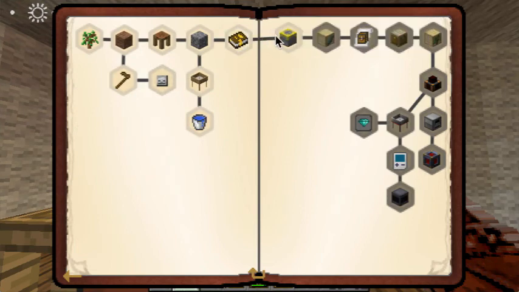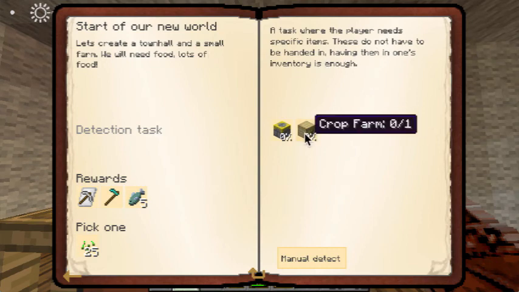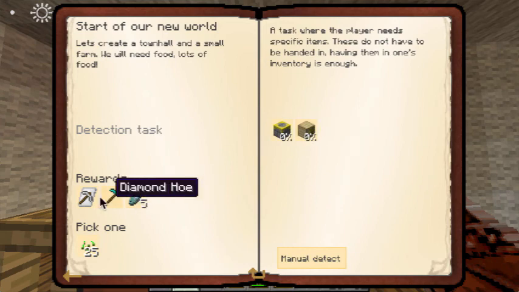Here are the quests. Start of our new world. Create a town hall and small farm. Warcraft! A crop farm and a town hall. A worker, a hoe, and fish. Gee, how valuable. Well, I'm assuming a worker is valuable, but the rest of it...